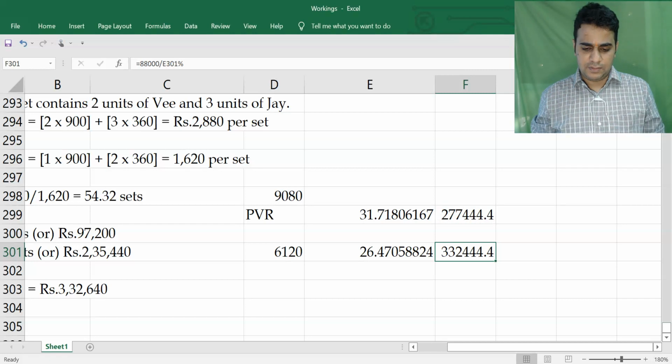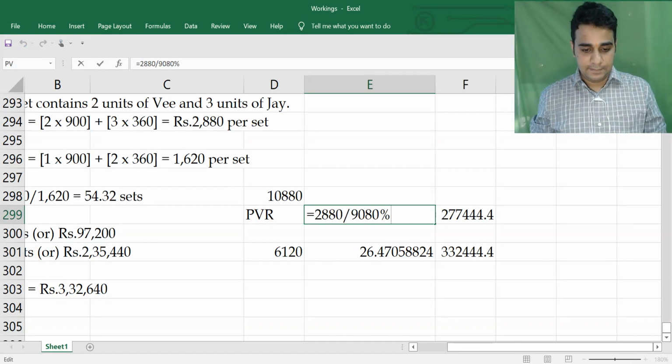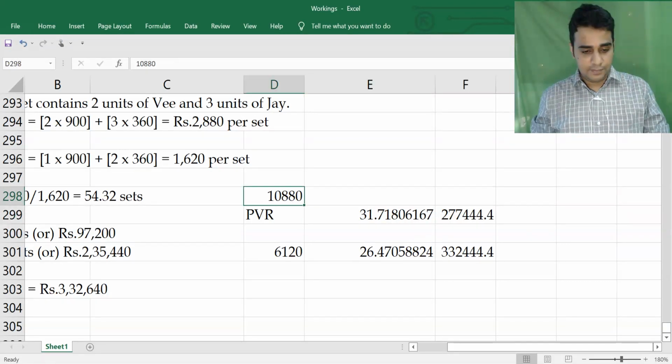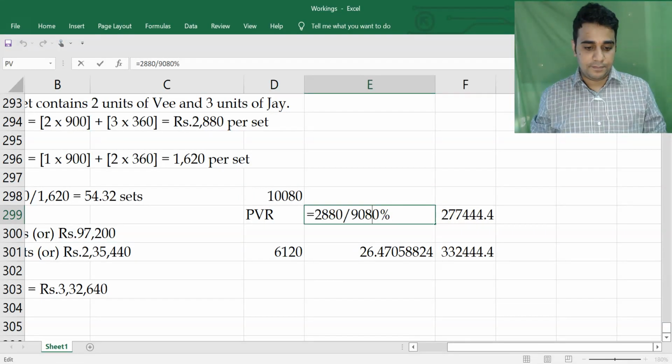Just give me a minute. This is matching. Is there an error? This 9080, can you check? How much? 10,000? Okay, 10,880. 10,0080. Okay,